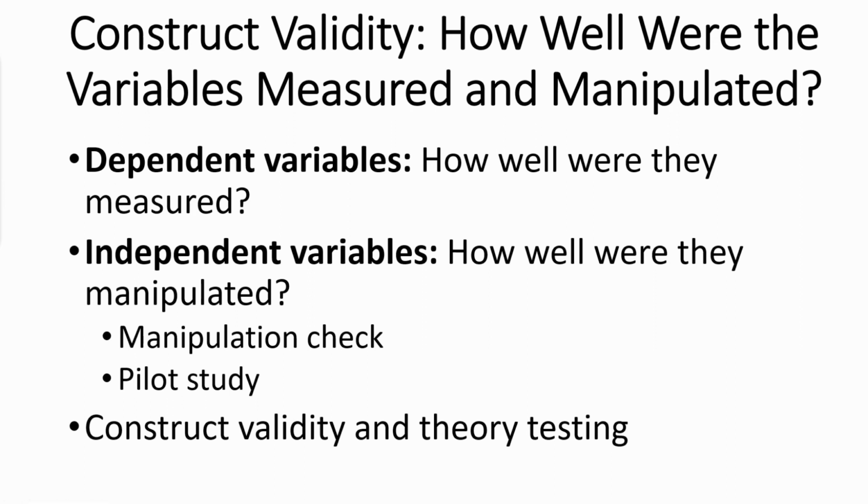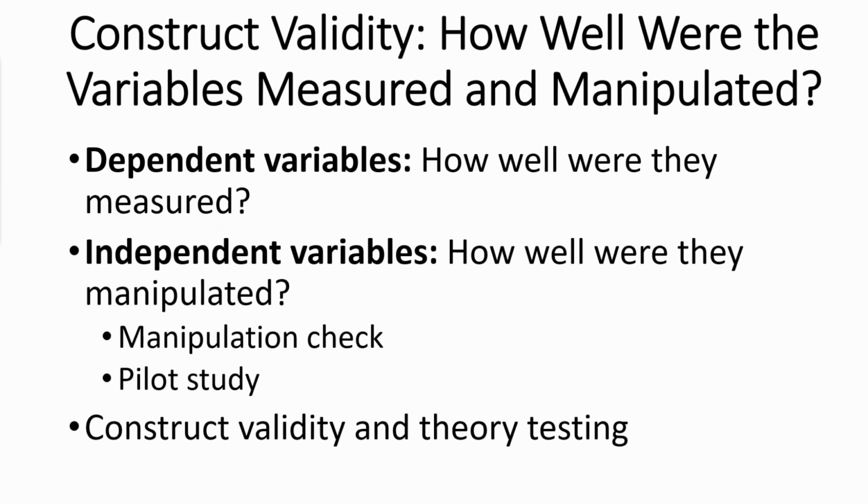We don't really need this for our laptop versus paper notes thing, like I said, but let's say that we were looking at an experiment that was manipulating how people felt. So maybe we wanted to see how people's behavior changed when they were angry versus when they weren't angry. A manipulation check could introduce a questionnaire that asked people how upset they were, something that measures their level of anger,